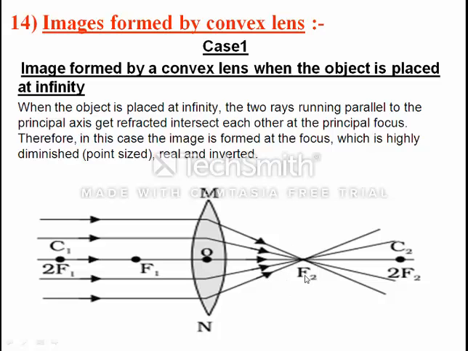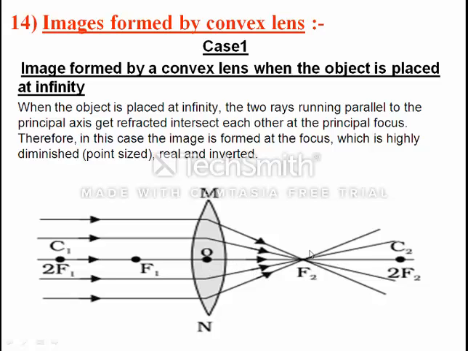And we all know that where two refracted rays or two reflected rays meet, or seem to meet, at a point, that point is the formation of the image. Please keep one thing clear in mind. In the case of a mirror, the real image was forming on the left hand side, but in the case of lens the real image will form on the right hand side.